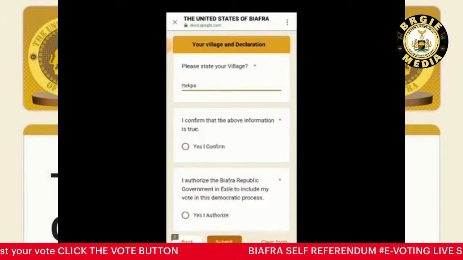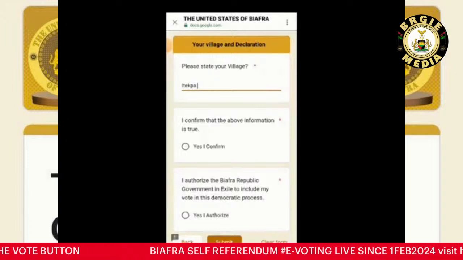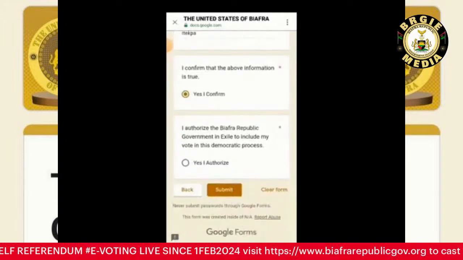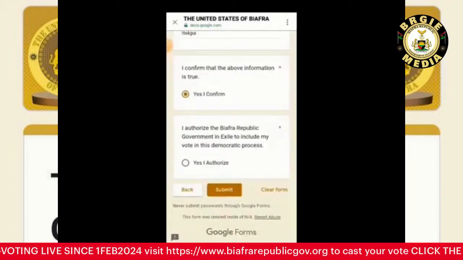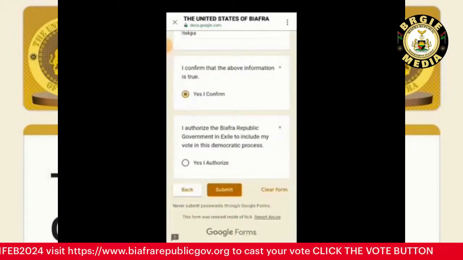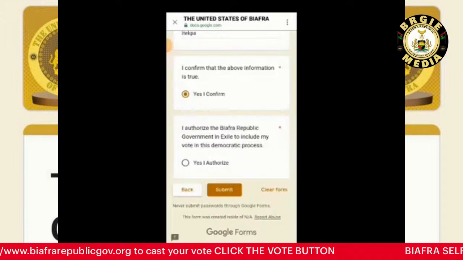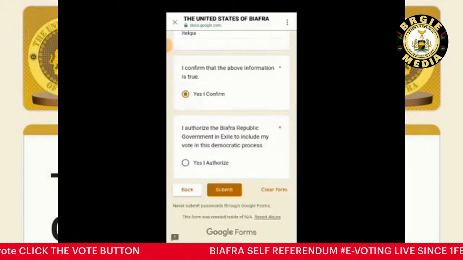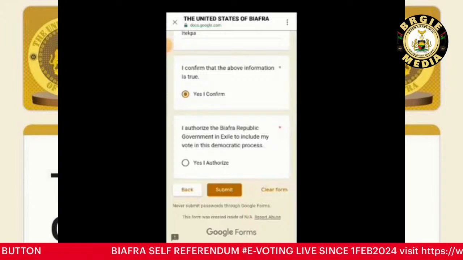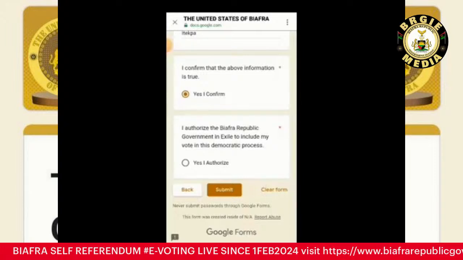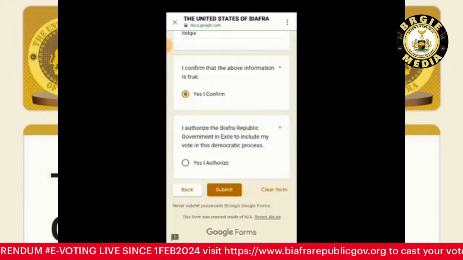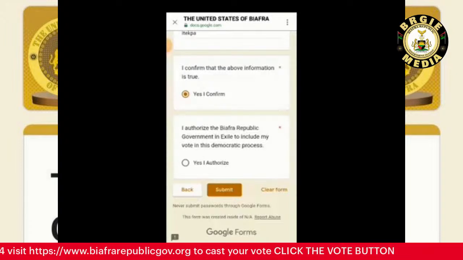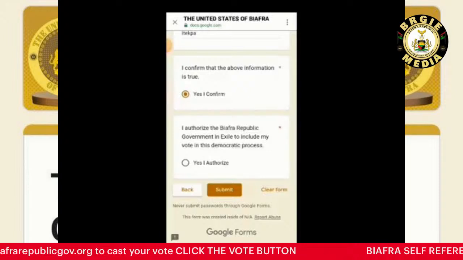Now after you input your village, which is required, and I confirm that the above information is true, very, very true, because I'm so happy to do this with everything clear and clean without hiding anything. And I authorize the Biafra Republic government in exile to include my vote in this democratic process. Yes, I authorize my wonderful government led by the Prime Minister of the United States of Biafra, Mazi Simon Ekpa,